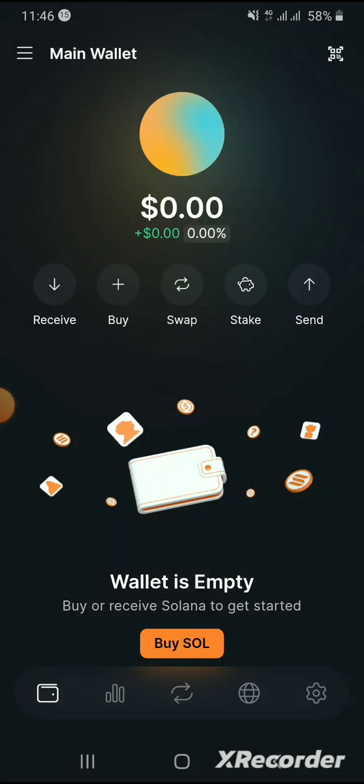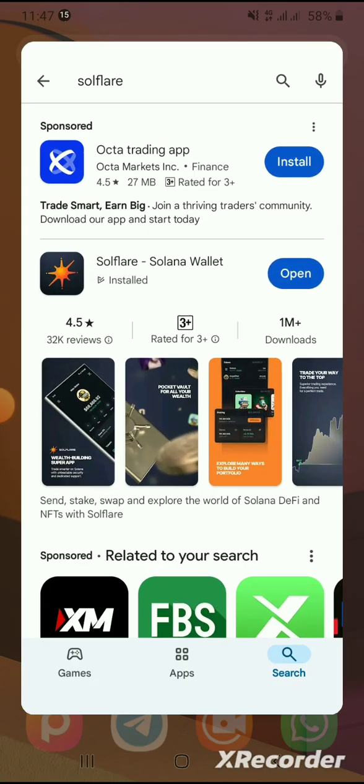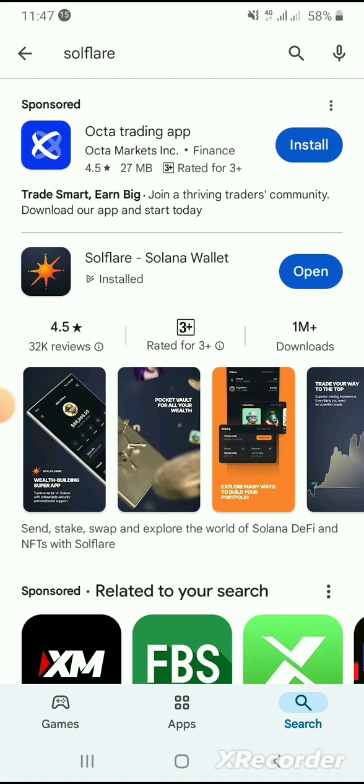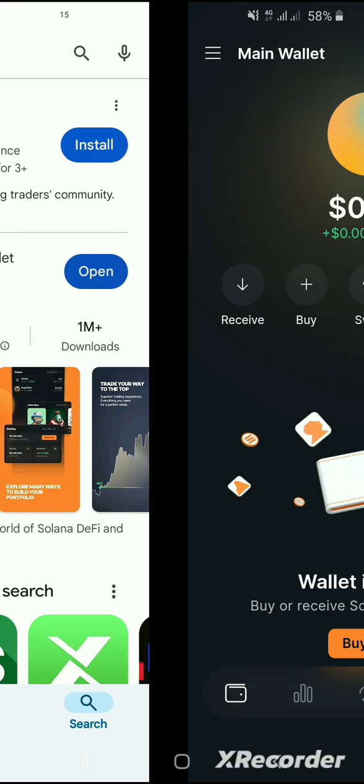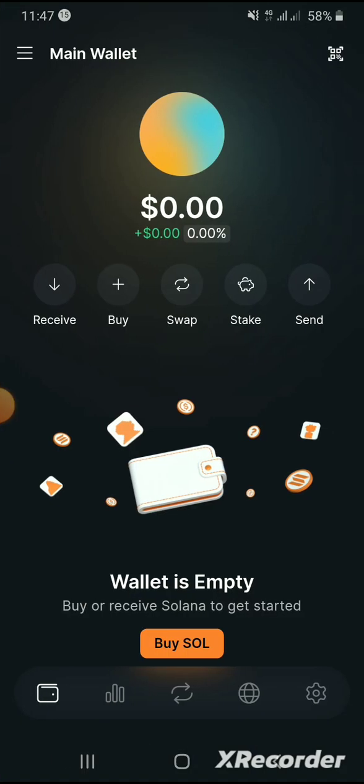In this video I'm going to demonstrate how to create a Solflare wallet and import it through the Missy browser extension. This wallet is owned by the Solana ecosystem, so we are going to use it on the Missy browser to claim our grass. Now, in case you don't have this wallet, all you will do is go to the Play Store. I've already downloaded mine, so search for Solflare, download and open it. Now, once you have downloaded it and it's open like this, click